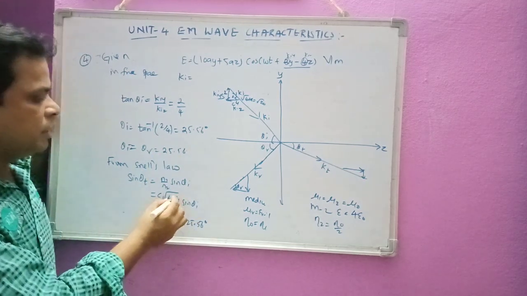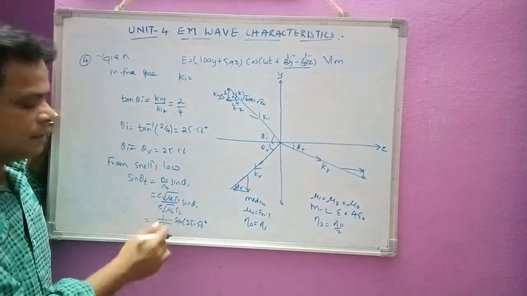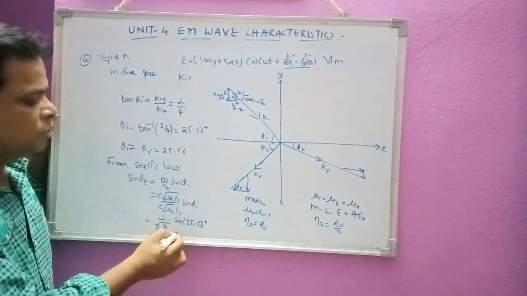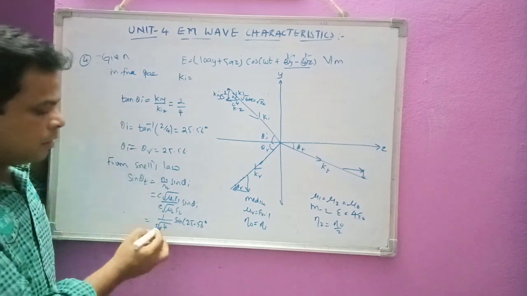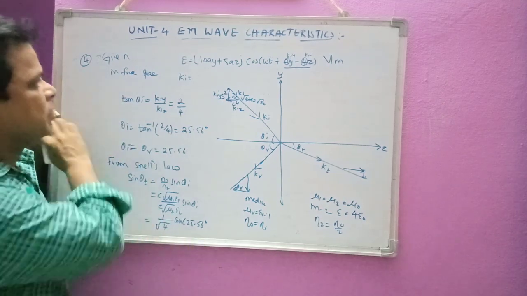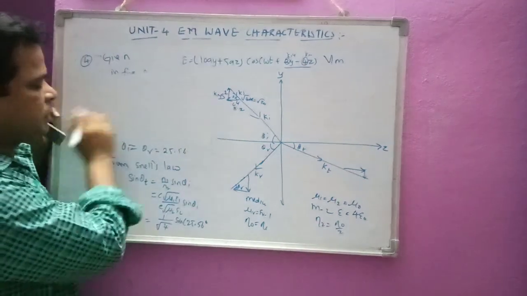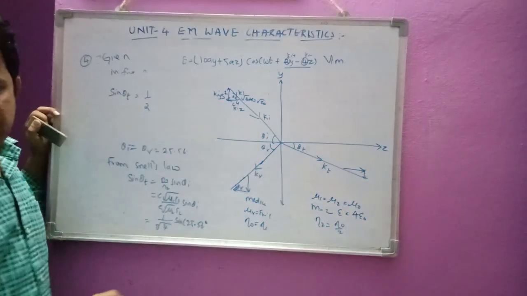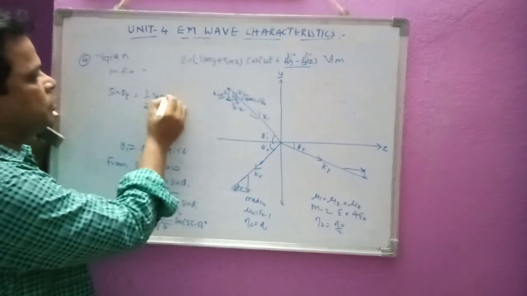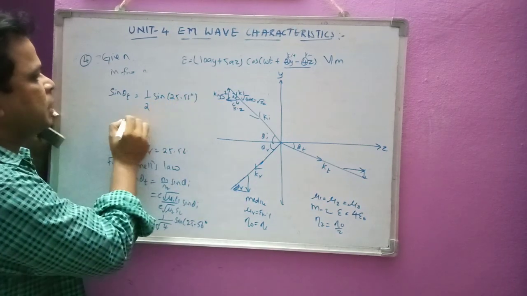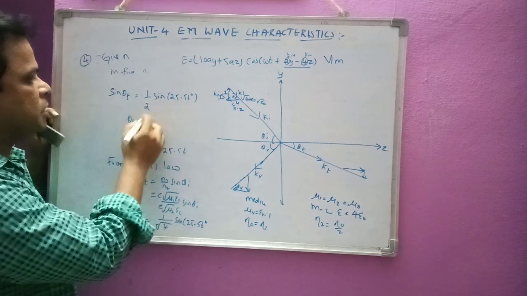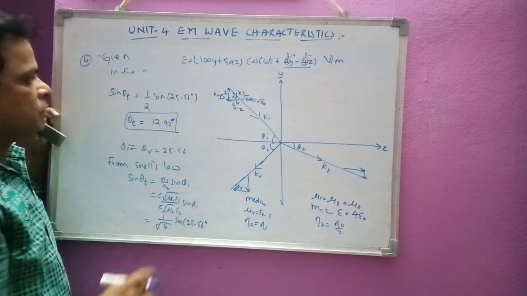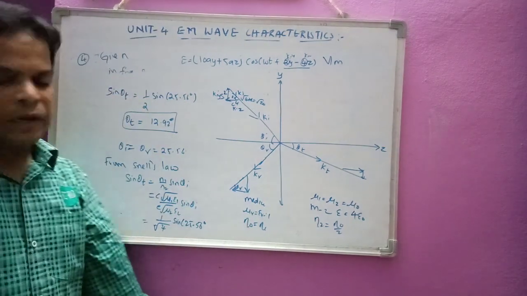And sin theta I we got as 25.56 degrees. So root mu naught epsilon naught will get cancelled, and we are left with mu r1 epsilon r1 and mu r2 epsilon r2, which are 1 and 4. We will get sin theta t is equal to 1 by 2 sin 25.56 degrees, and theta t will be the inverse sine of this, which is 12.92 degrees. You can check on your calculator by taking the sine inverse of this value.